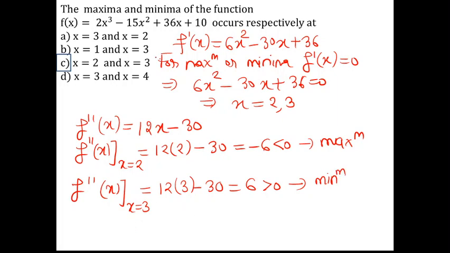So what we have is that it is asked to find out the point at which maxima and minima exist. Sometimes students commit a mistake: as soon as they get x as 2 and 3, they directly mark the points where they find x as 2 and 3. So it's not the case. Here you have to mention properly at which point the maxima exists and minima exists respectively. So see, x is equal to 2 gives the point where maxima exists, whereas x equal to 3 is a point where minima exists. So that's why the option should be option number C, right?